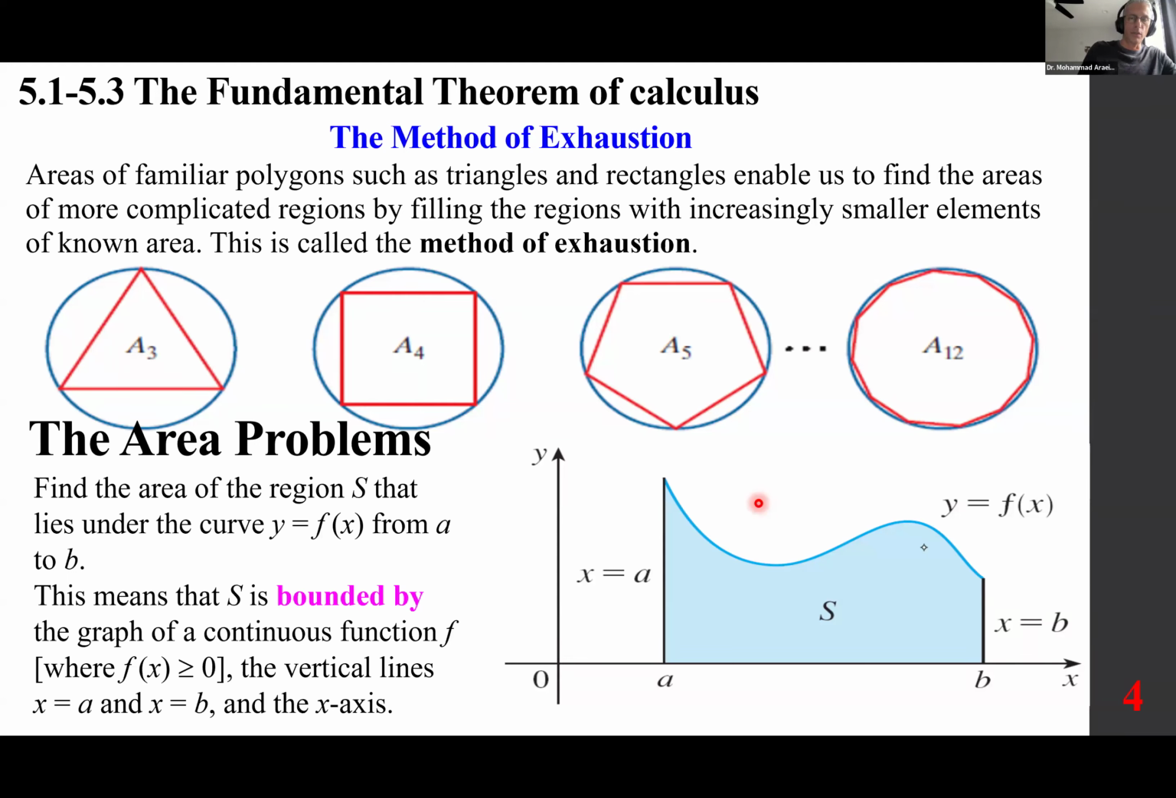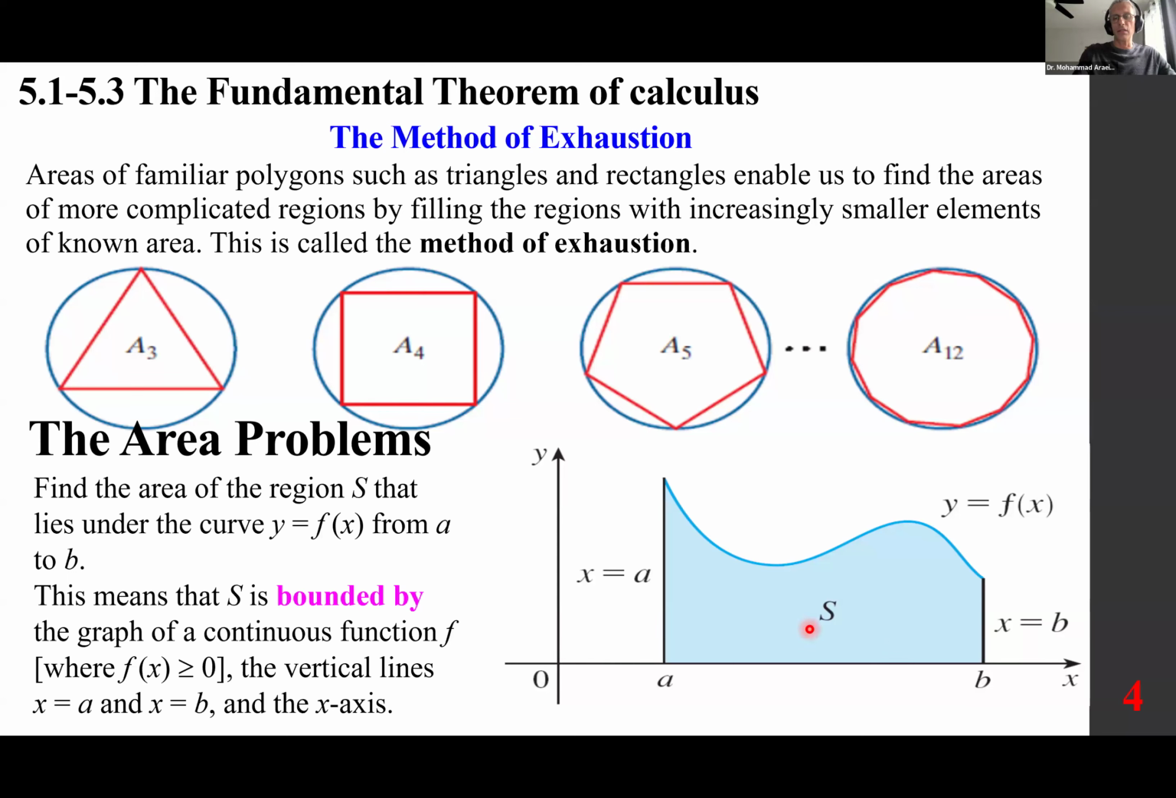So here's the area problem. Find the area of the region S that lies under the curve y equals f of x from a to b, x equals a, x equals b. This means that S is bounded by the graph of a continuous function f, where f of x is larger than or equal to 0. We are looking at a positive function. The vertical lines x equals a and x equals b and the x-axis. In other words,